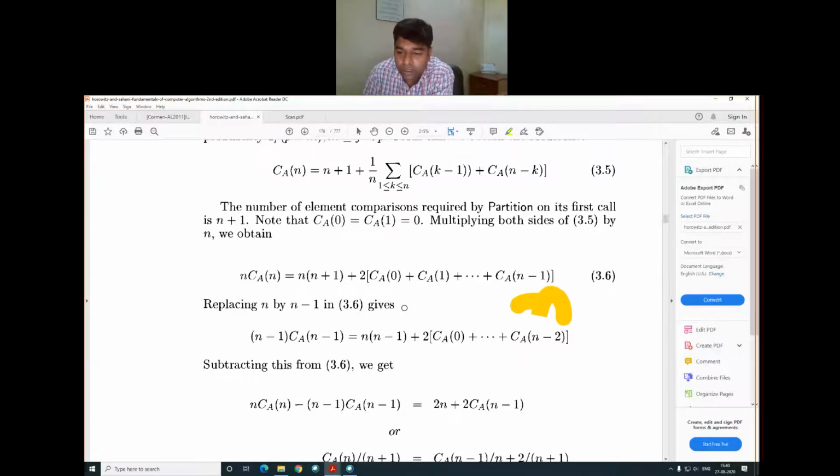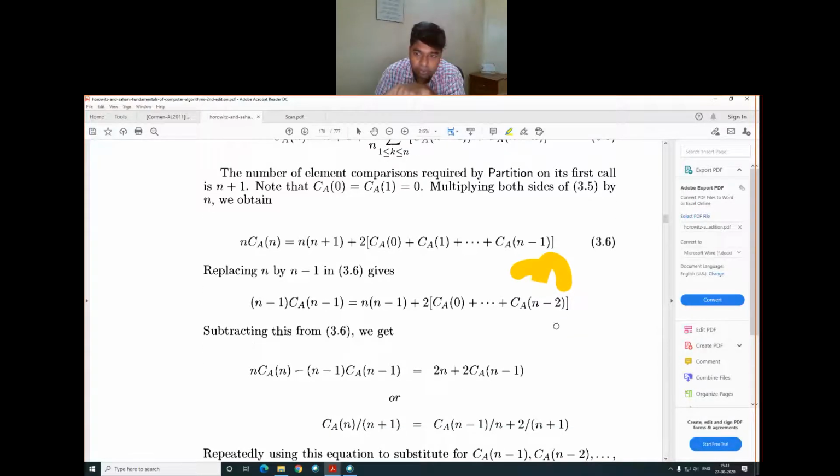So C of a n minus 2, because C of a n we have, and n contains n minus 1, so n minus 1 minus 1, so it will come C of a n minus 2. Clear? And then both equation 3.6 and this new flavor of the equation, we subtract this